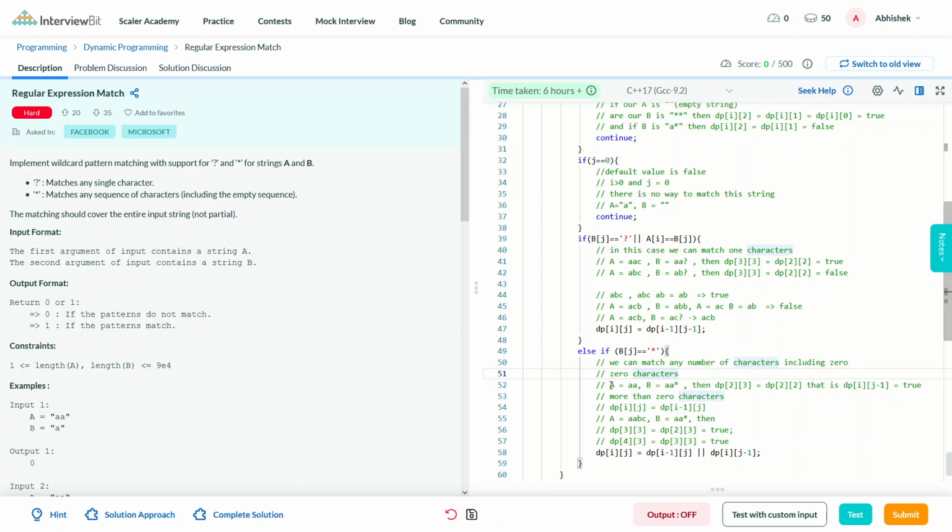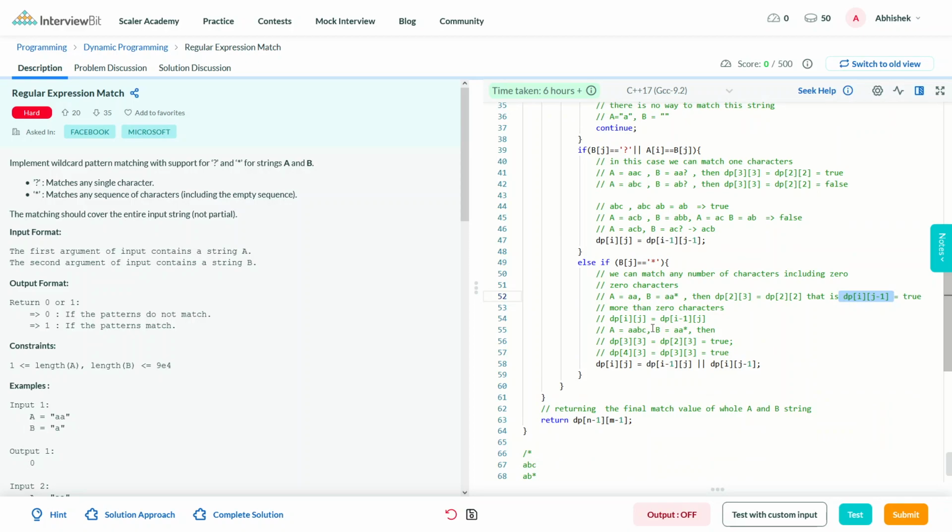If our first string is aa and our second string is aa star, and we replace this star with an empty string, then we need to match the ith character of a till the j-1th character of b, that is dp[2][3] would be equal to dp[2][3-1], that is 2, that is equal to dp[i][j-1].